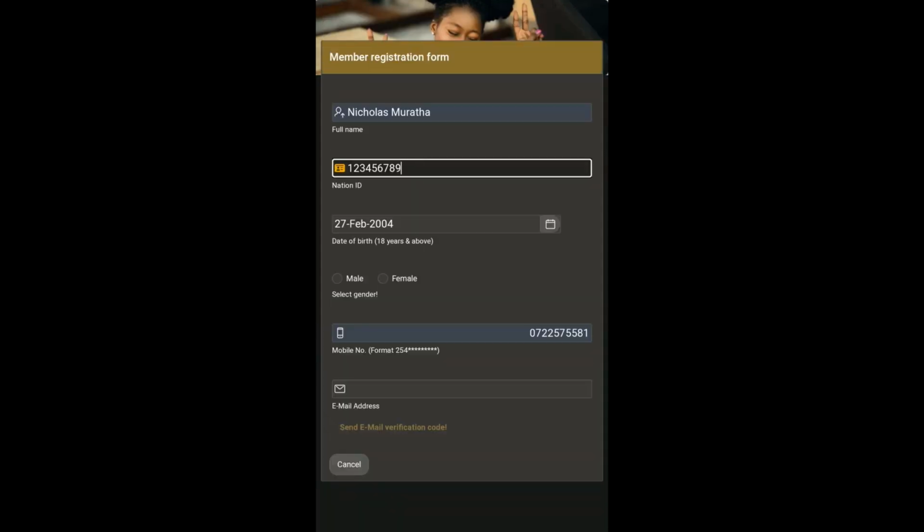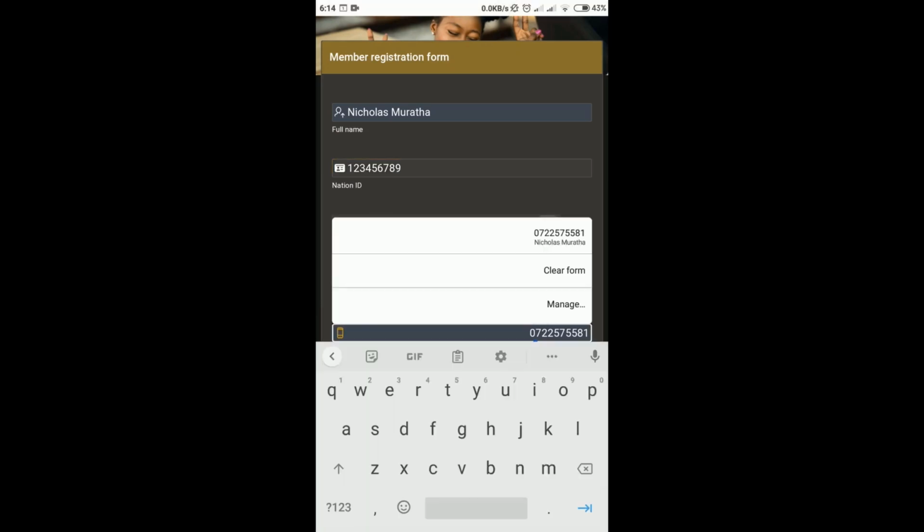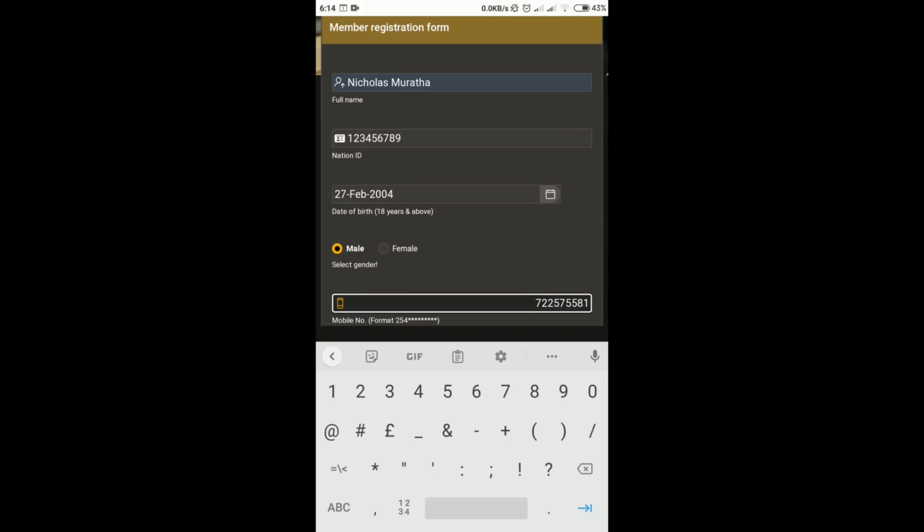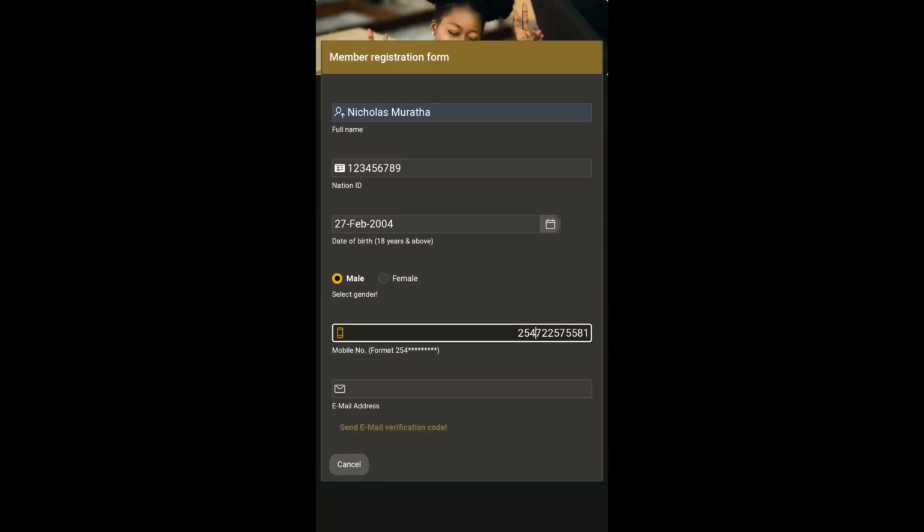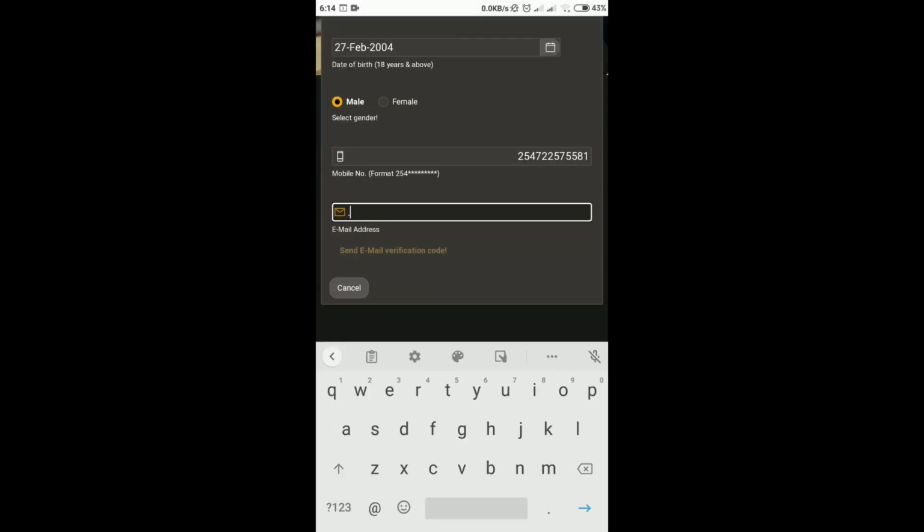I'll default my age to the default age, which is above 18 years. I'll select my gender, and then I'll edit my phone number, and I'll add my country code. Then I'll enter my email address,